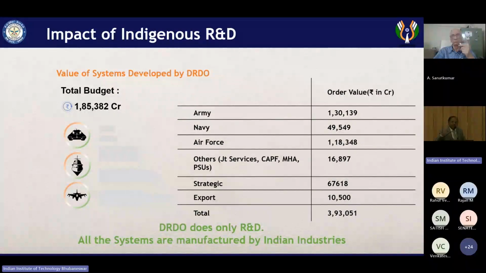Because they know the Indian audit system always says taxpayers' money, we have to have absolutely L1, which we have to buy for. Why would foreign systems be cheaper and Indian systems costly? No Indian system is ever costlier than a foreign system. Can you ever imagine that? It is just deflated figures which they show to capture us. So that is the reason you have to have control over price.